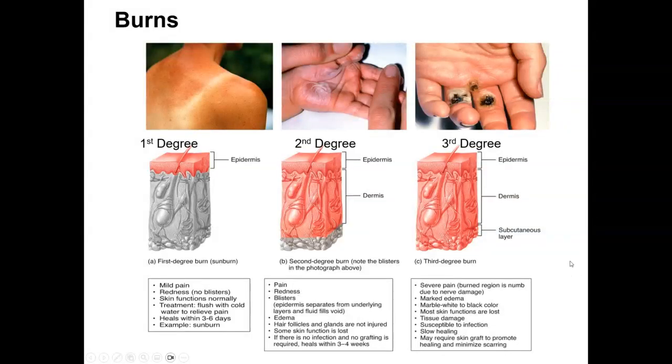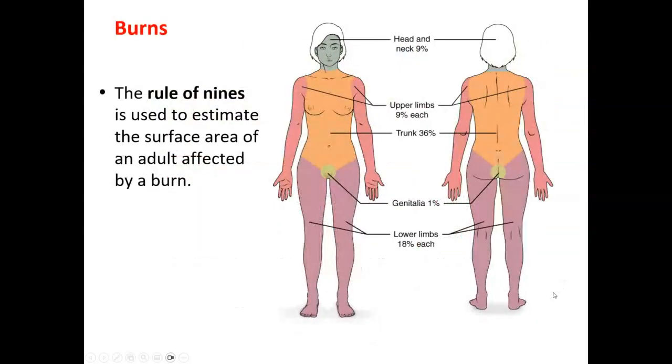Okay, fourth degree is into the tissues below the subcutaneous, into the muscle and even into the bone. Sometimes I use descriptions like partial thickness and full thickness instead of first, second, and third degree. And this is the rule of nines,